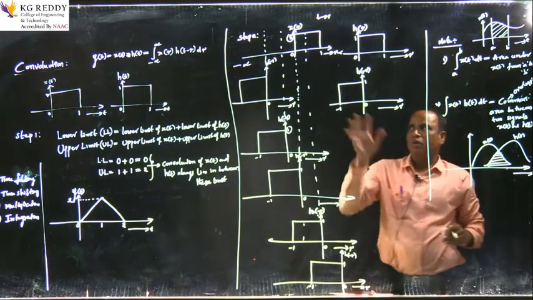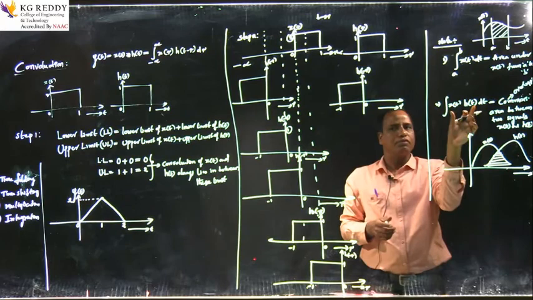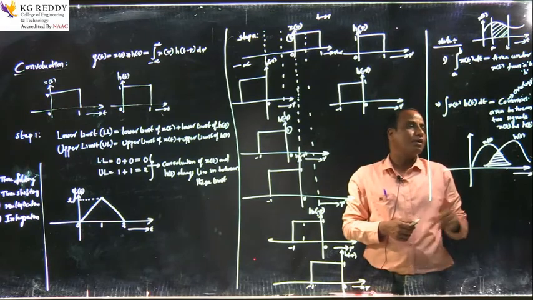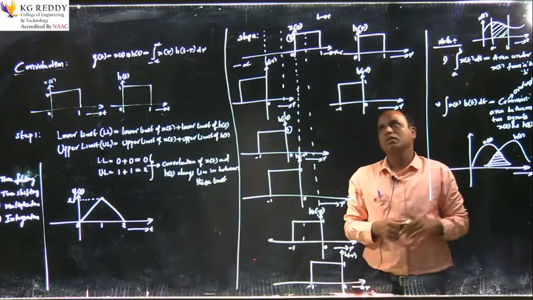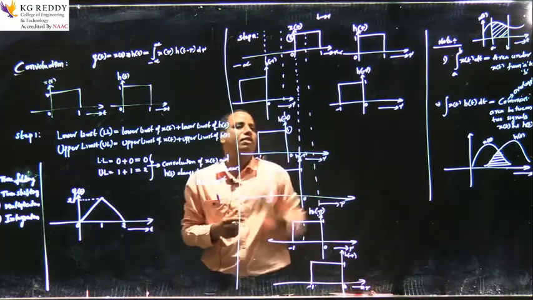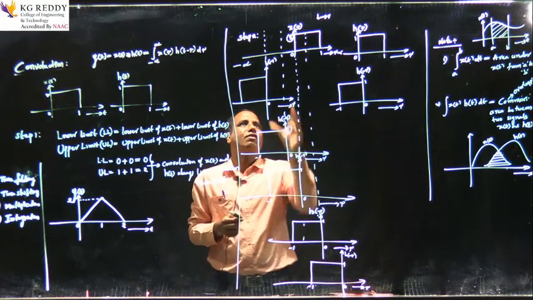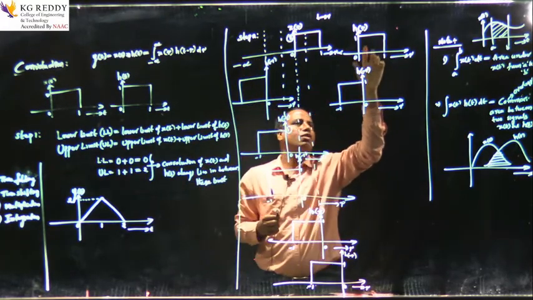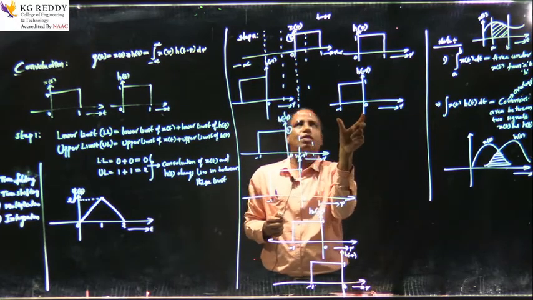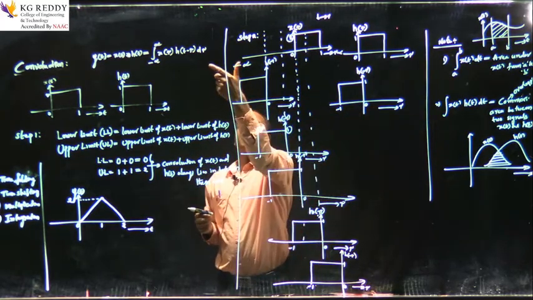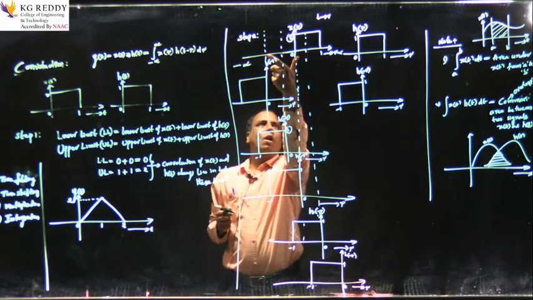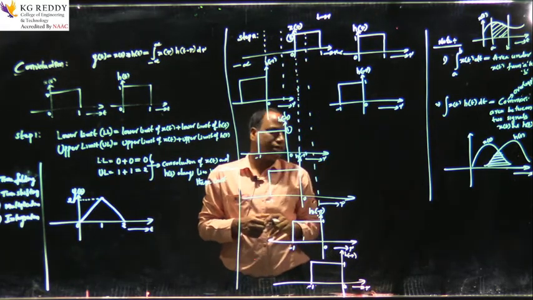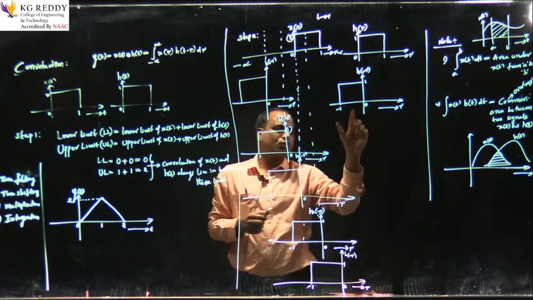So in this we are trying to integrate two different signals, x of t and h of t, which is the overlapping area of the two signals. This is the same thing we are trying to understand with the concept of convolution. We are trying to calculate the convolution of these two signals, while in step 2, after folding the given h of tau as h of minus tau, this h of minus tau will be brought from minus infinity to plus infinity, and the common area between this folded signal h of minus tau and x of tau will give you the convolution of the given signals. So that's what we try to understand here.